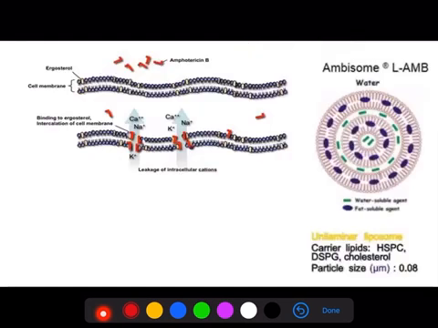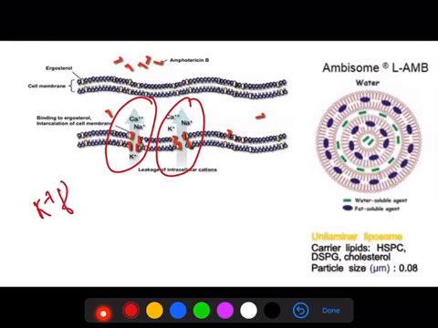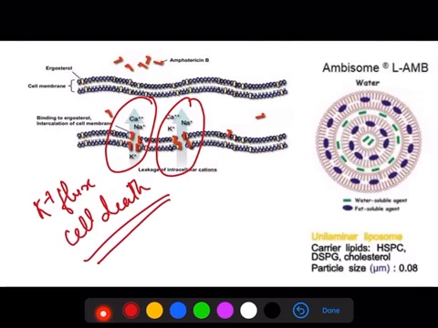In this diagram, you can see that ions can leak through the membrane when amphotericin is binding to ergosterol. This will cause potassium flux and cell death. In this image, you can see a diagram of a unilaminar liposome. It is a mixture of fat-soluble and water-soluble agents arranged in a specific manner. It is important to note that unilaminar liposomes reduce kidney toxicity or nephrotoxicity, which is the chronic side effect of